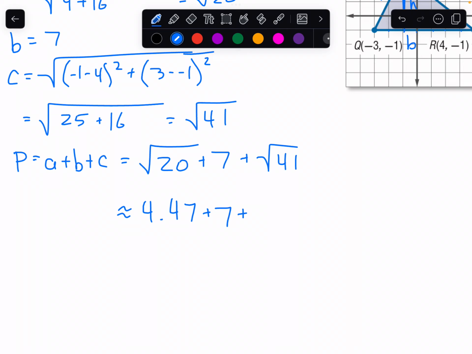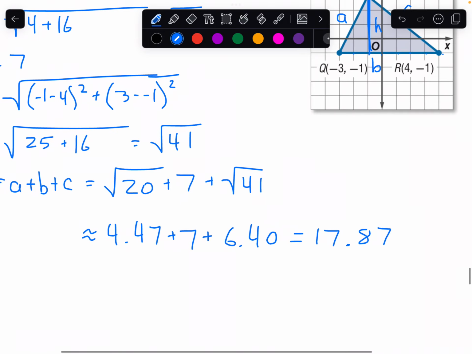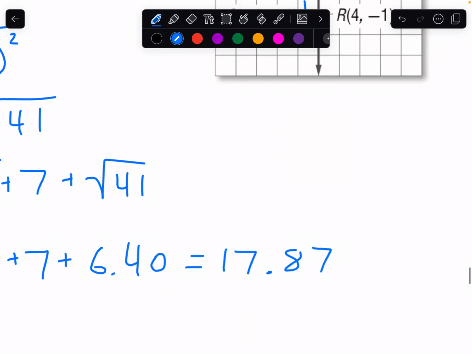Square root of 41 is about 6.40. So plus 7 plus the 4.47 gets us a total of about 17.87 units,